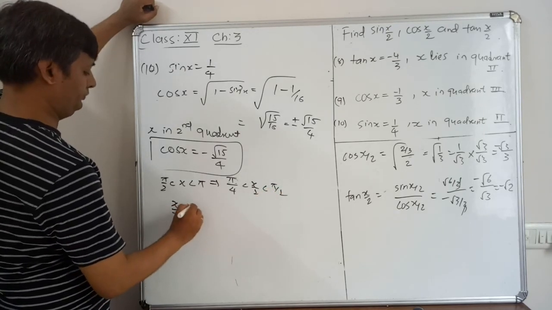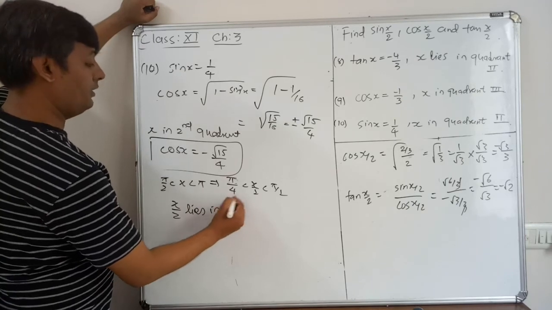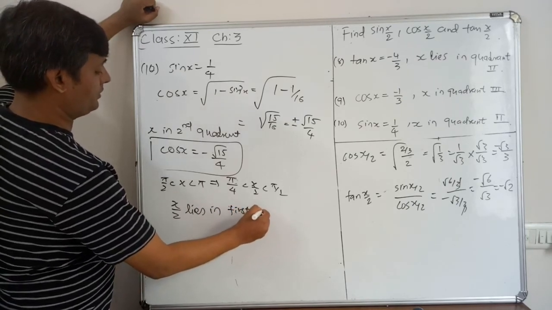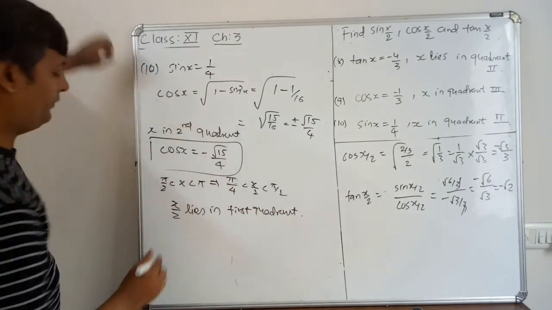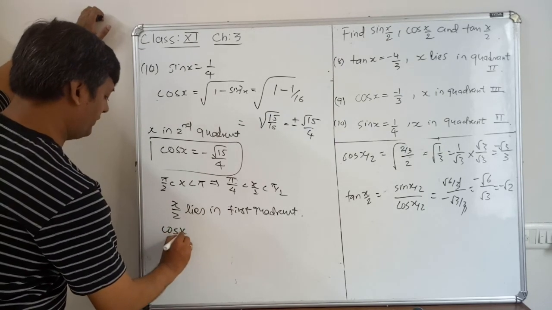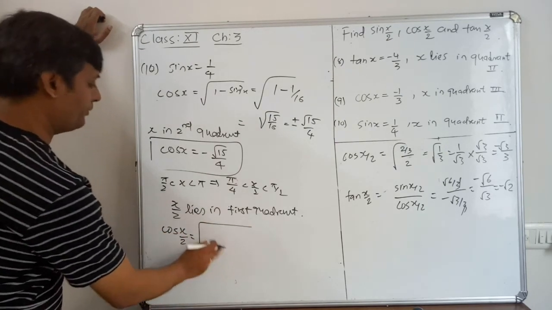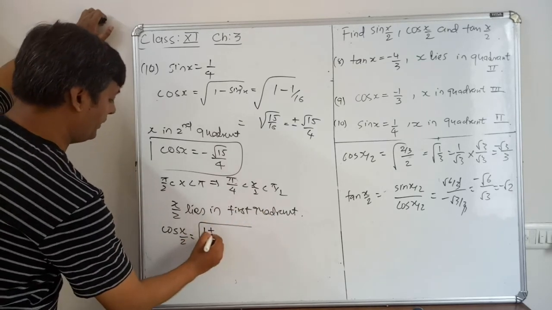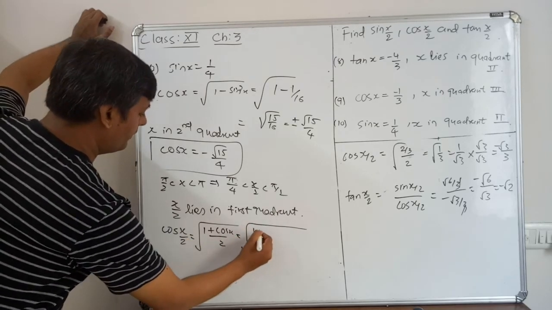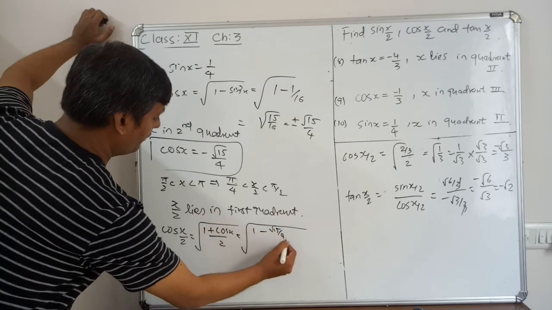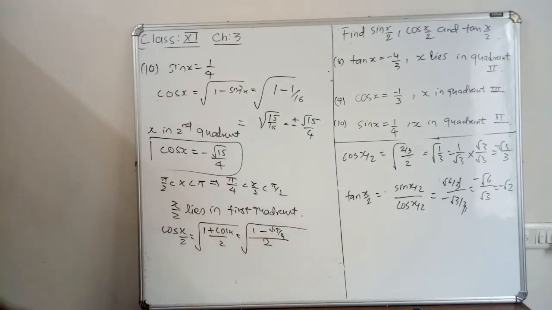So x by 2 lies in which quadrant? First quadrant. Right? So all angles are positive. So cos x by 2 is equal to under root, all x by 2 are positive. So cos x by 2 is under root of 1 plus cos x by 2. So it is equal to under root of 1 minus under root 15 by 4, divided by 2. Right? We have cos x equal to minus root 15 by 4. Understood? Clear? So now